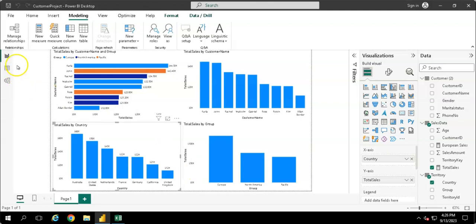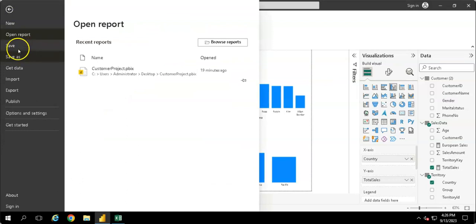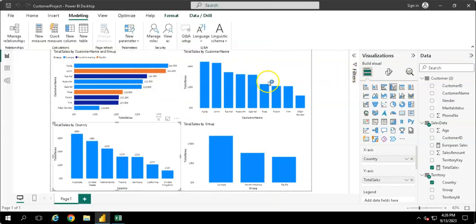Now we also have a technique which is known as dynamic row level security. So let me save this project first, and then we can go for a dynamic row level security. But before that,